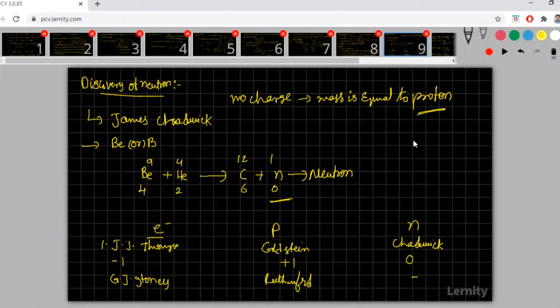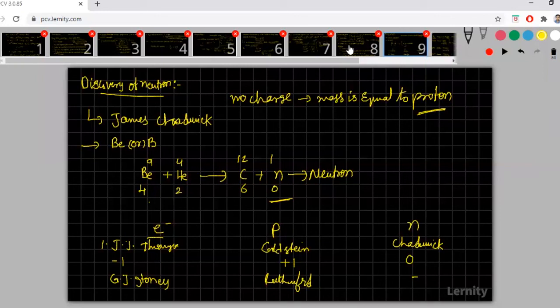Okay, and next, discovery of neutron, James Chadwick, and the bombardment reaction. Sometimes they ask this question and leave a blank in this block. The reaction is beryllium 9,4 plus a blank gives carbon 12,6 plus n 0,1, like that they gave. What is this value they ask? This is called an alpha particle. Alpha particle means He 4,2. What is the charge present on it? The charge present on it is +2. Are you clear, everyone? Do you understand?